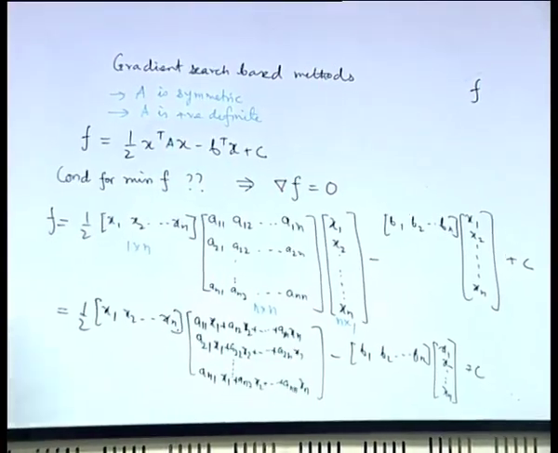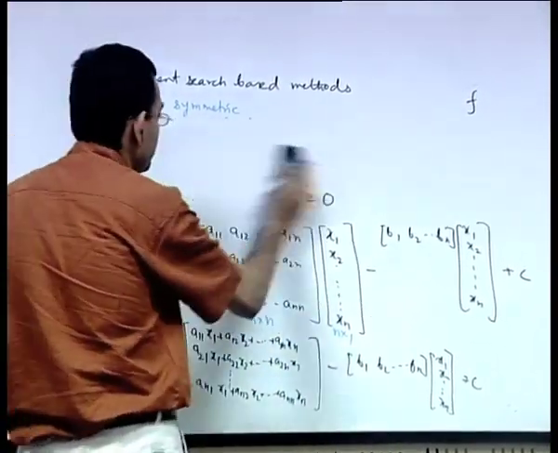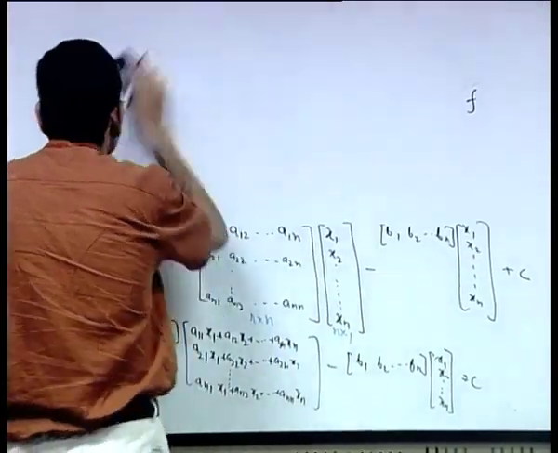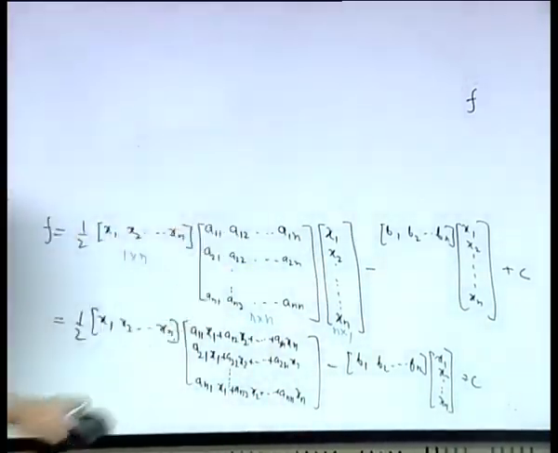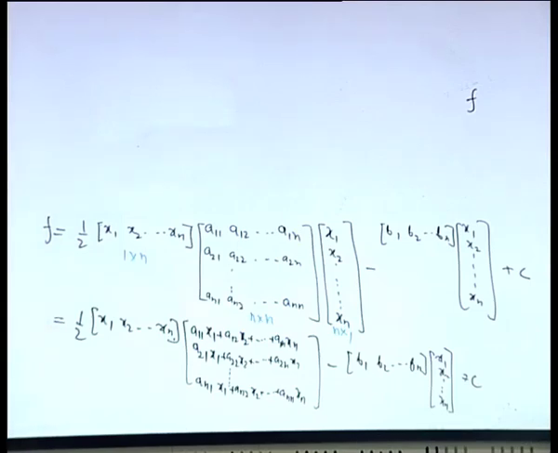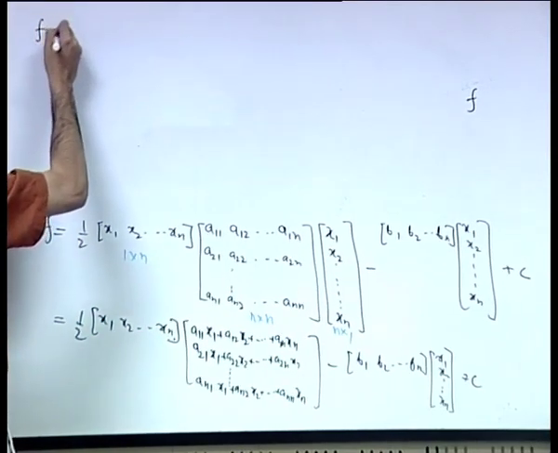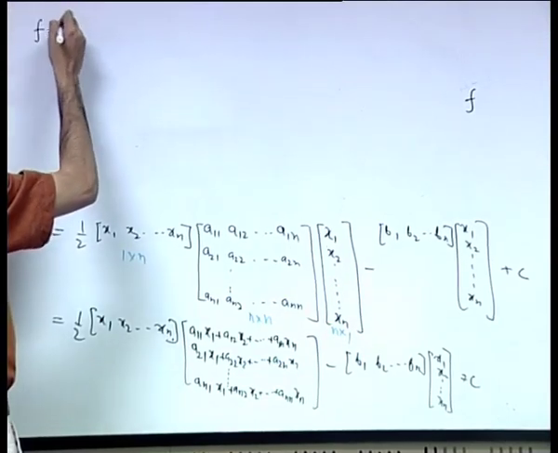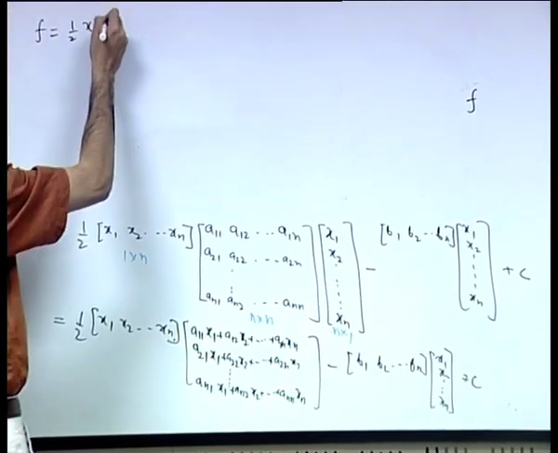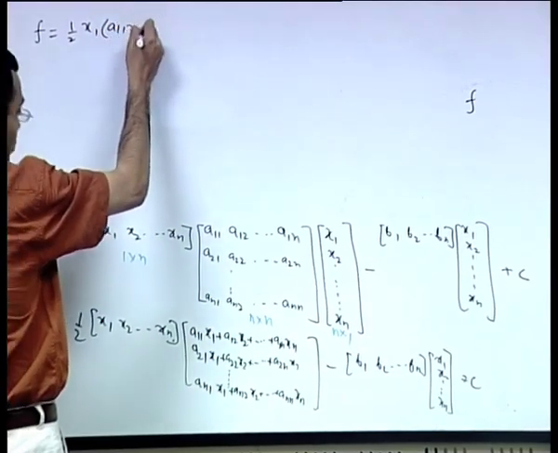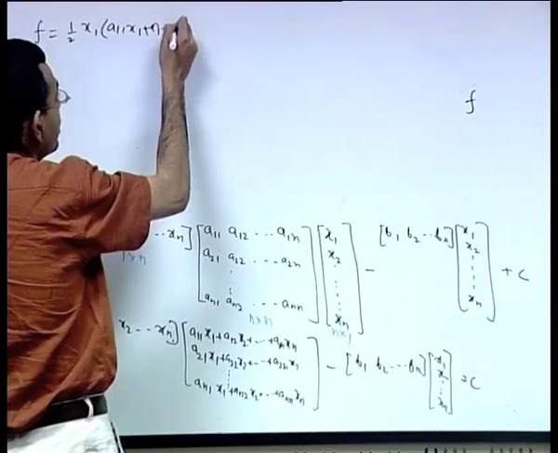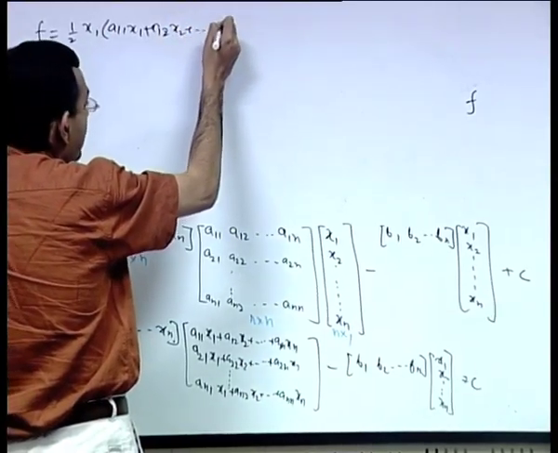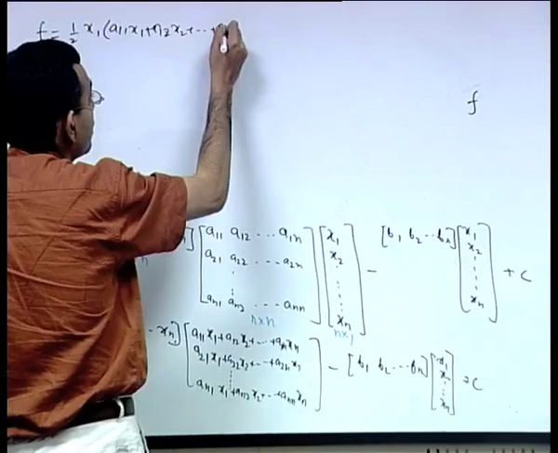You can expand one more step if you want. So, f is equal to half x1 into a11 x1 plus a12 x2 in this way plus a1n xn